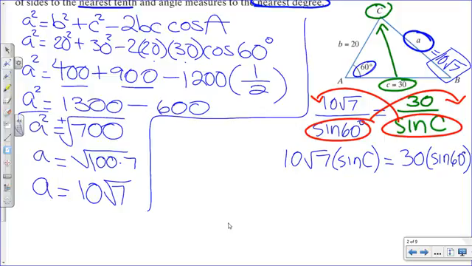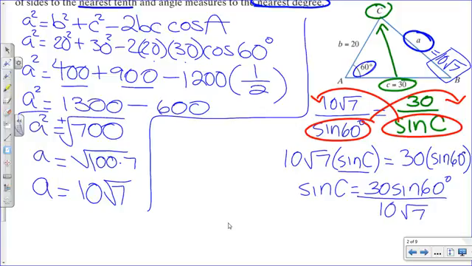Yep. And then remember, we're still trying to solve for the sine of C. So what we need to do is divide by the 10 square root of 7. Correct? So sine of C is equal to 30 times the sine of 60 divided by 10 square root of 7. And don't worry about rationalizing yet, because